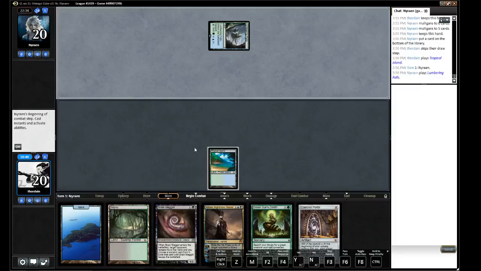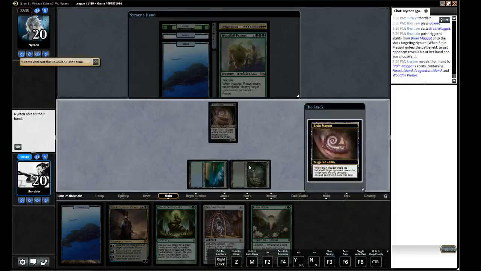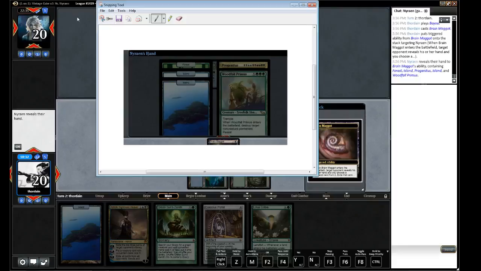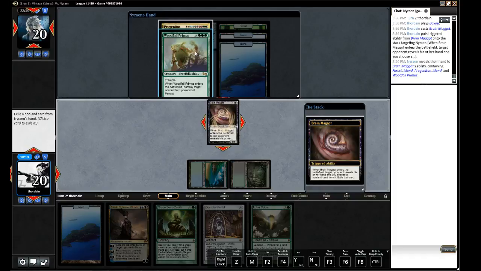Yeah, we can PC anything for 0. And here, let's Brain Maggot to see if he has any answers to our upcoming Ashiok. Progenitus and Primus. Well, they will both be very bad, but let's take the Primus since that can kill something. If he puts it into play, Ashiok dies. If he puts Progenitus into play, we're also dead, but